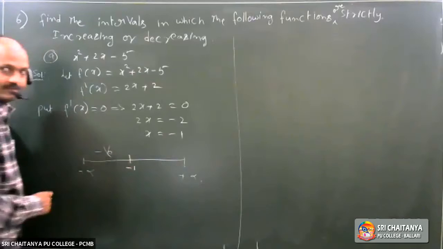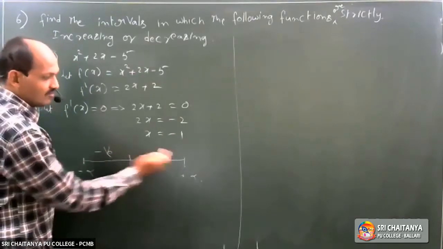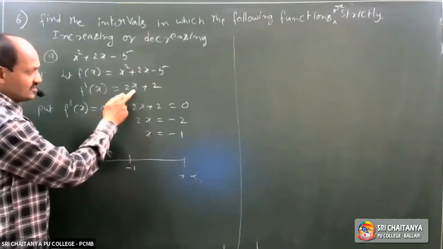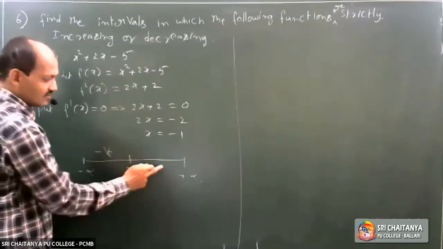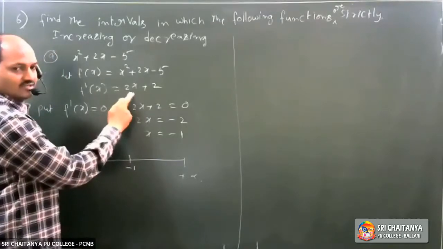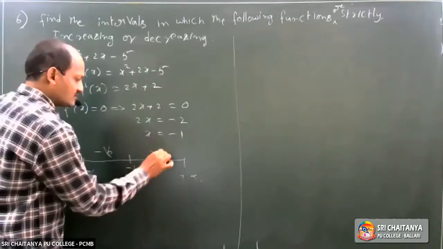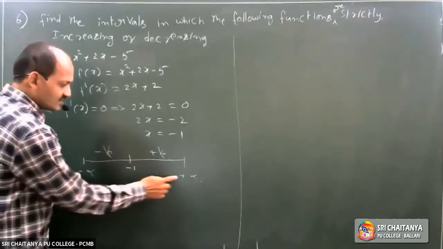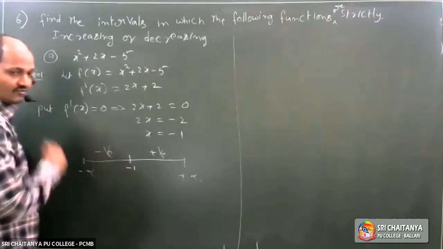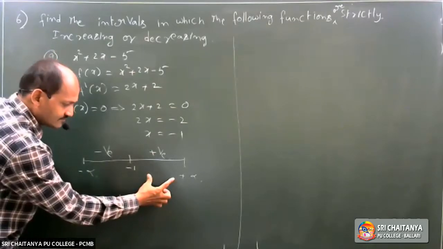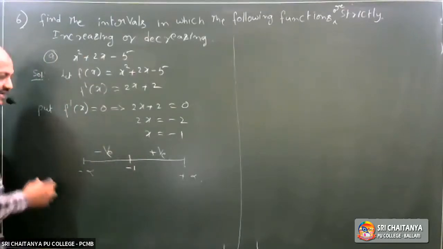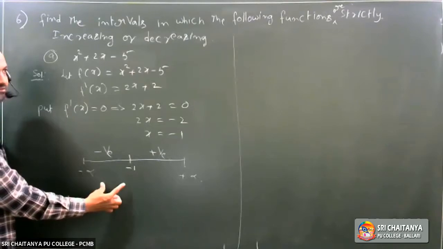Minus 1 to plus infinity. That means above values 0, 1, 2, 3 and so on. x equal to 0, consider. If x equal to 0, it is plus 2. If x equal to 1, first derivative is 4. x equal to 2, consider, it is 4 plus 2, 6. So first derivative is positive in this interval, minus 1 to plus infinity. Okay? Clearly, the given function is strictly increasing in the interval minus 1 to plus infinity. The given function is strictly decreasing in minus infinity to minus 1.